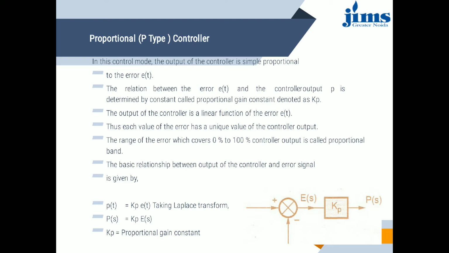Consider the liquid level system. In the system, the float lever is directly connected to the control valve. When the level of the liquid rises, the valve closes by a proportionate amount. This reduces the inflow to the vessel and vice versa. The inverse of proportional gain or proportional sensitivity is the proportional band and is defined as the change in the level necessary to operate the valve through full stroke. Basically, a proportional controller is an amplifier with adjustable gain.